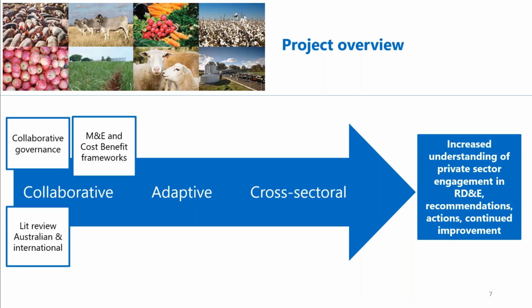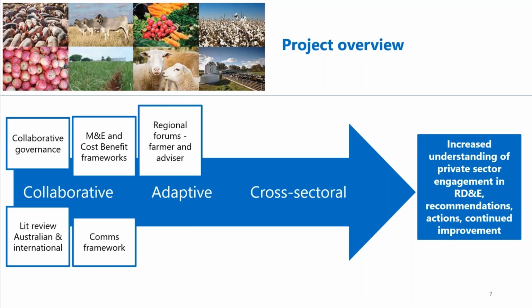So all these factors, collaborative governance, M&E framework, an actual review of Australian and international RD&E, these types of things were at the very commencement of the project in 2015. Communications framework. Then we moved into a stage of gathering information as part of the research. So there were regional forums that I'm sure many of you have participated in, both farmer and advisor forums. So they occurred in a number of states with people from states where they weren't conducted being encouraged to participate